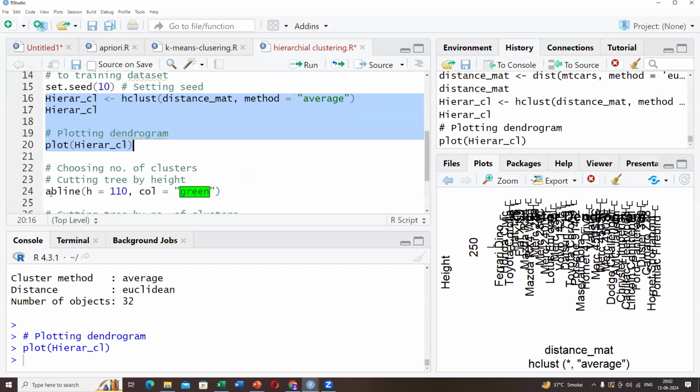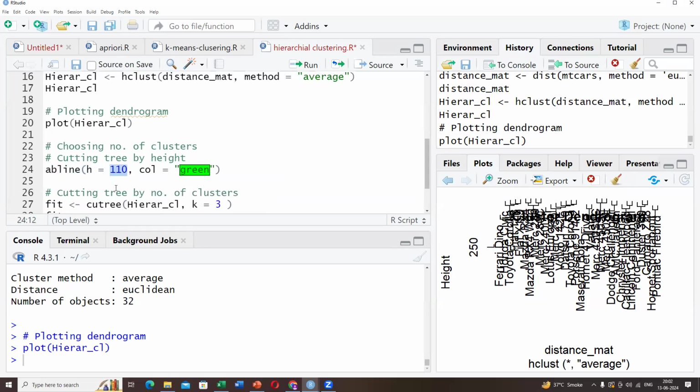Okay, this is abline. In abline, you can pass the height and draw a line at that point only. This is used to divide the hierarchical cluster, or to cut the tree at a certain height. Okay, so if I run this code,